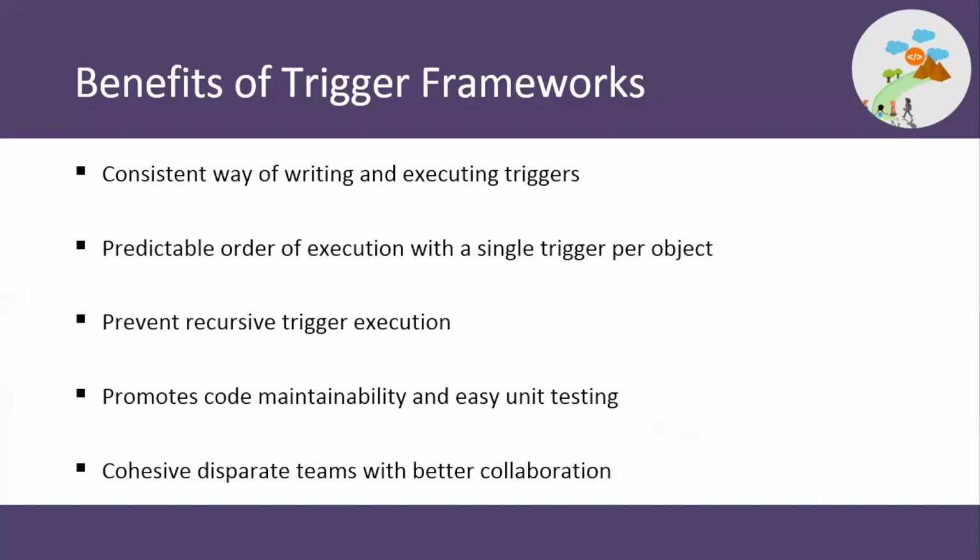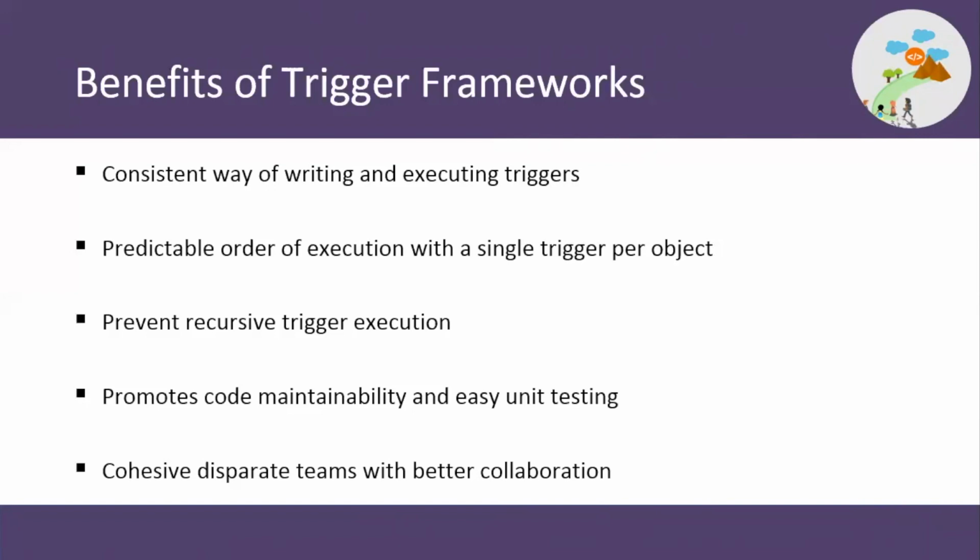One of the key things here is it provides a consistent way of writing and executing triggers, especially in the interface based trigger pattern. We saw that the entire overhead of writing the trigger handler logic was removed for every new trigger that you're trying to write. There's a consistent way. Second, because now there is only one way of executing that particular logic,